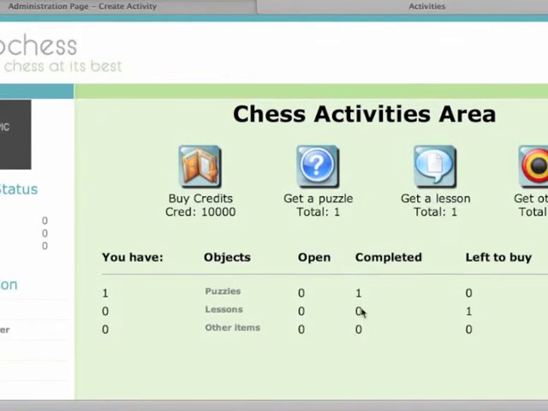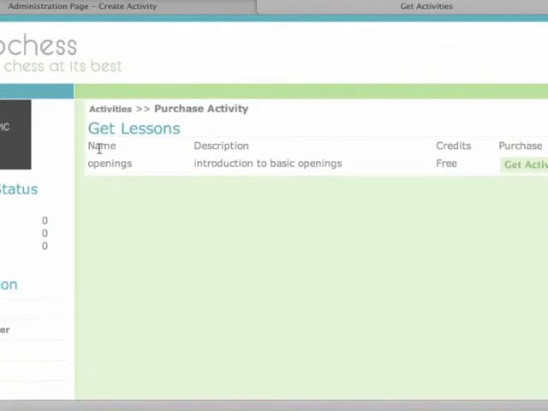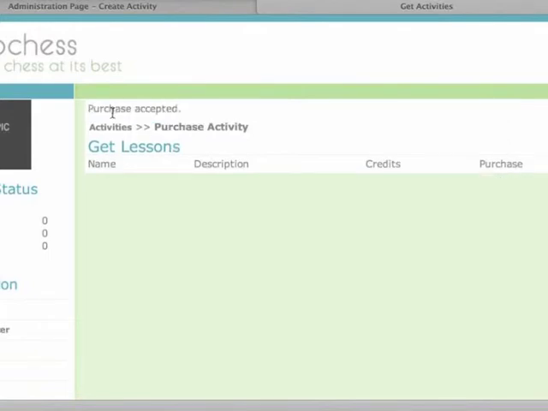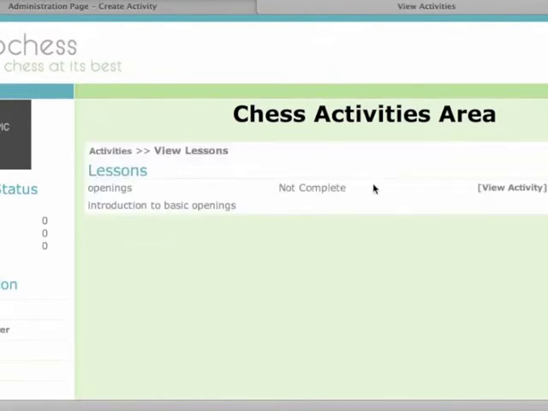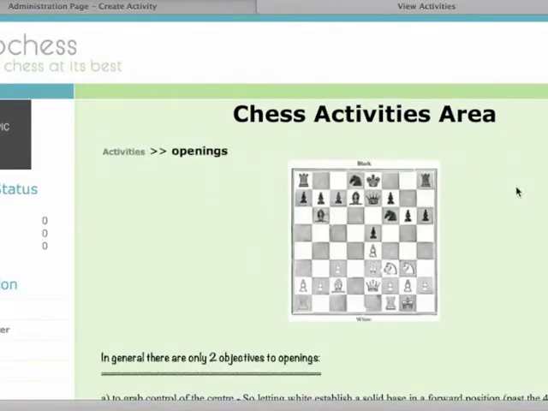We've enabled here the credit system. I still have 10,000 credits available, and so I can look at the lesson and I can decide, yep, I would like to get that lesson. This is where it's unfortunately a little bit clunky. You have to then go back in here and actually look at your lesson this way. You can see that it's not completed. It's an openings, introduction to basic openings. And if I now go into view activity, it's actually